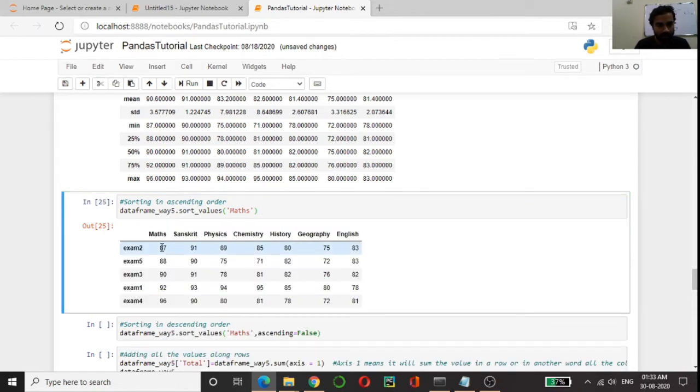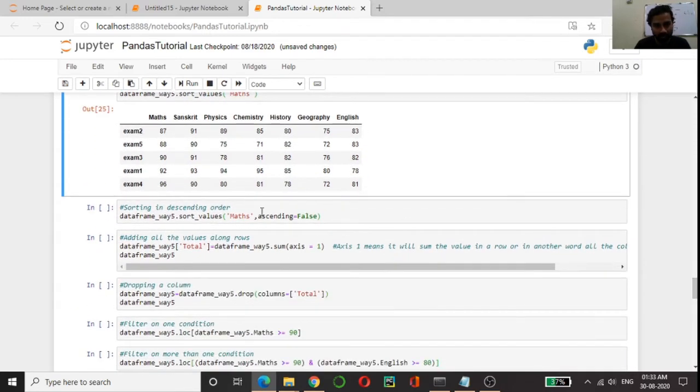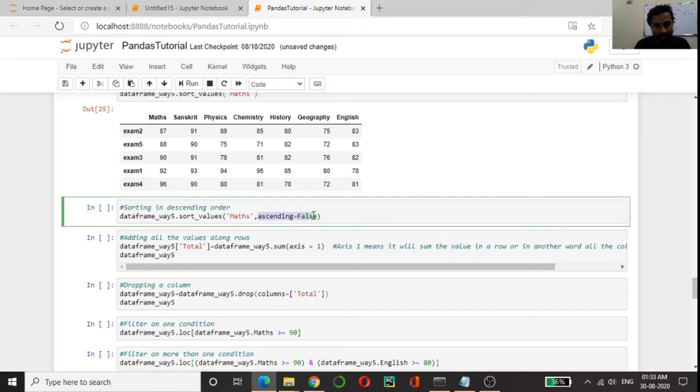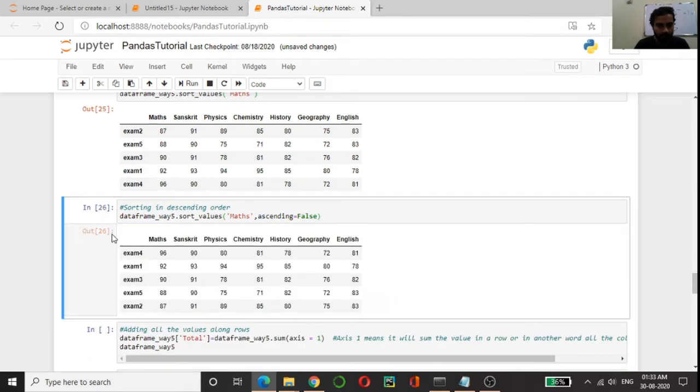As you can see, by default it is ascending order, so the data frame is sorted on maths in ascending order: 87, 88, 90, 92, 96. Now to sort it in descending order, we pass this key in the same method, ascending equals false. Now you can see the data frame is sorted in descending order on maths: 96, 92, 90, 88, 87.